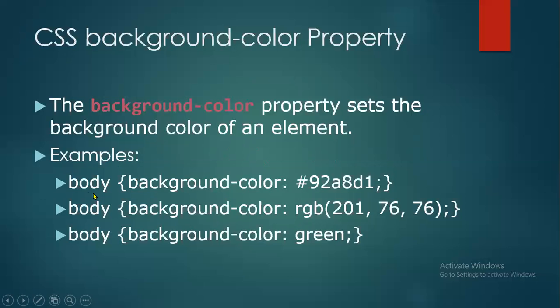You can define it like this: under the style tag or in the external CSS, you will write the name of the selector, for example body. After writing the name of the selector, you will write the property name, that is background color. And here you can define the value of that background color in hexadecimal form. This is the hexadecimal code. For every color, there is a hexadecimal code. You can search for the different color codes on Google, and whichever color you want to apply, you can put the code of that color here. This is the first way to define the background color.